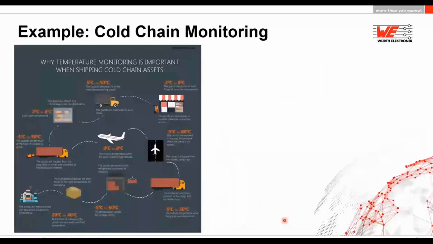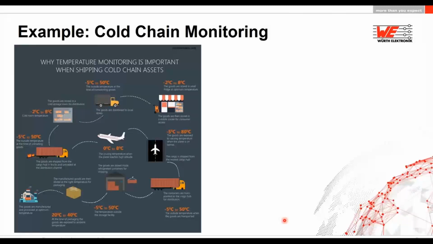Here is an example of cold chain monitoring in the food industry, where the product is manufactured in certain environments and it is also transported and then stored in certain conditions so that it doesn't go bad or some microorganisms don't start evolving in the food. And these things must be taken care of from the production to the plate. And the production to the plate is not a small journey. It sometimes takes lots and lots of days and goes through